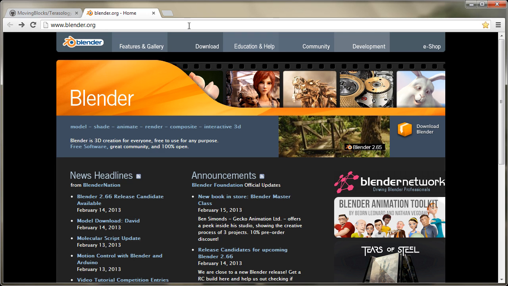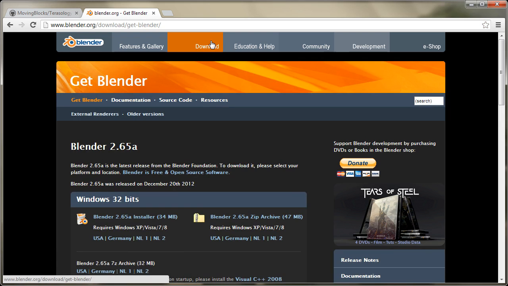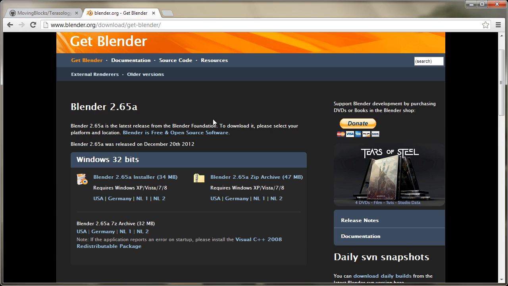So check that out too, it's a really great open source project. Otherwise, we're just going to go straight to download it, which you can hit as you can see, it's also in the top bar there. You can click that, and that takes us here where we can download the official release, which is, at the time